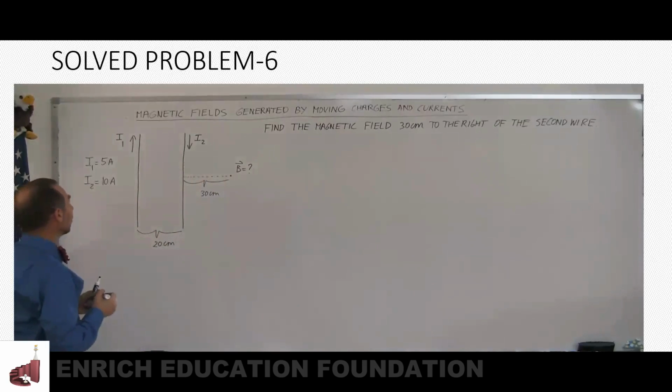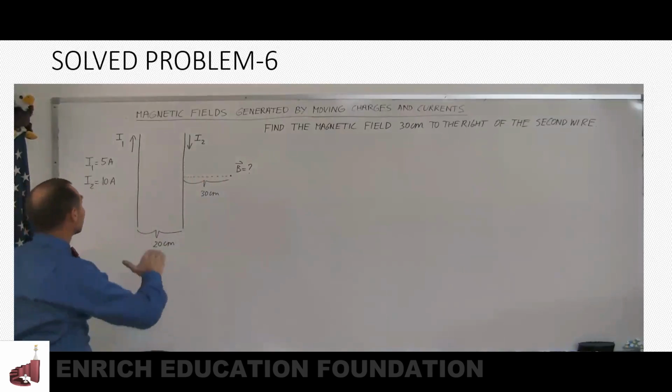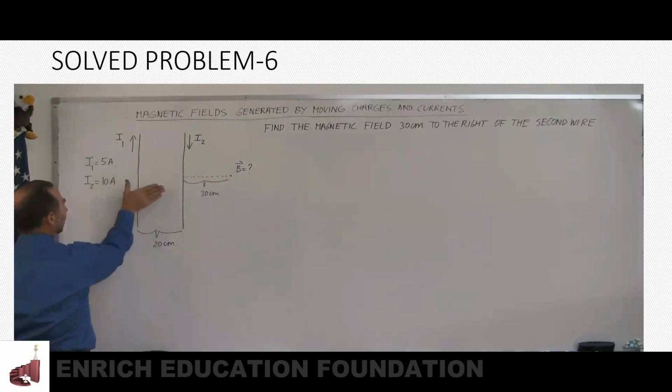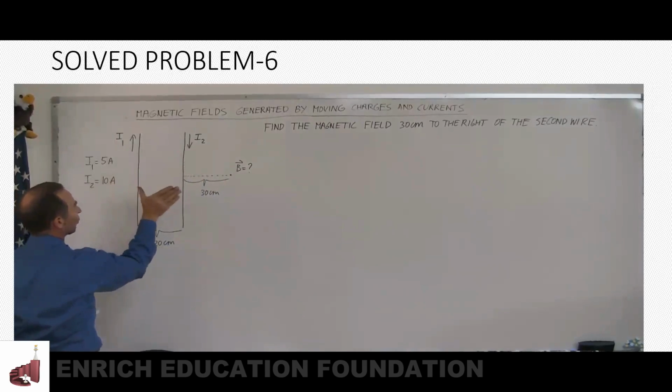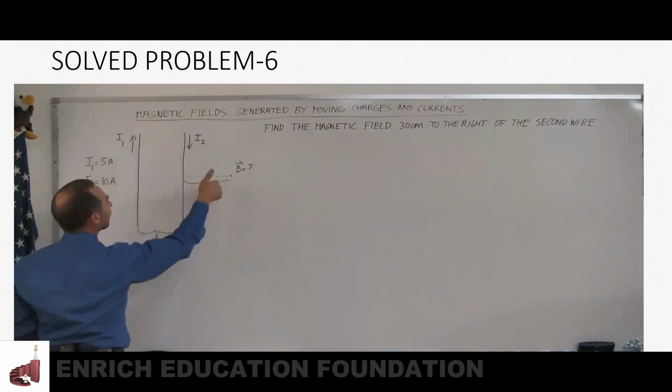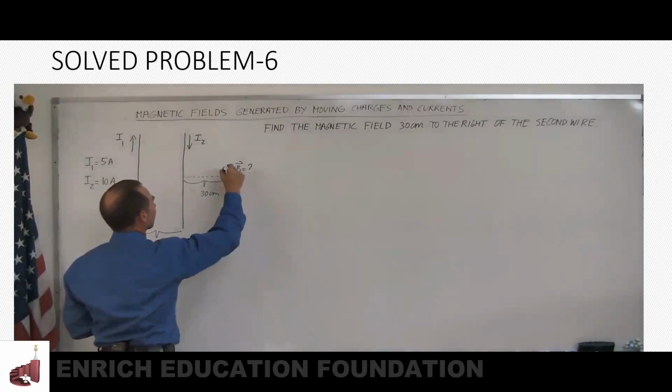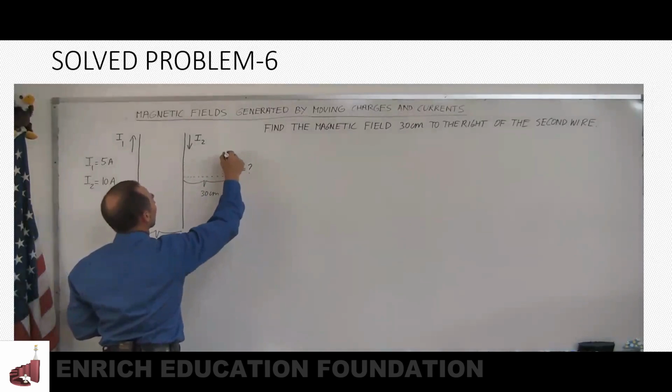Here it is. So using the right-hand rule, if the current goes up in the first wire, I use my thumb to represent the current going up. Then my fingers curl in the direction of magnetic field. So to the right, the magnetic field will be into the board due to the first wire. So I can say into the board right here, and that would be due to B1,